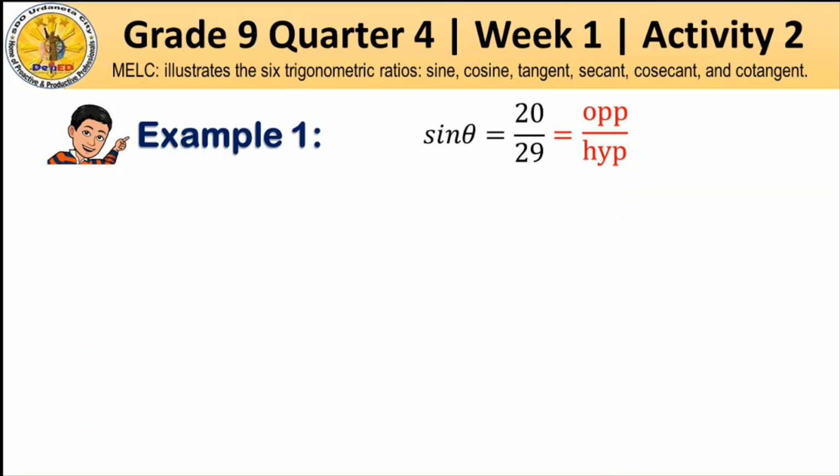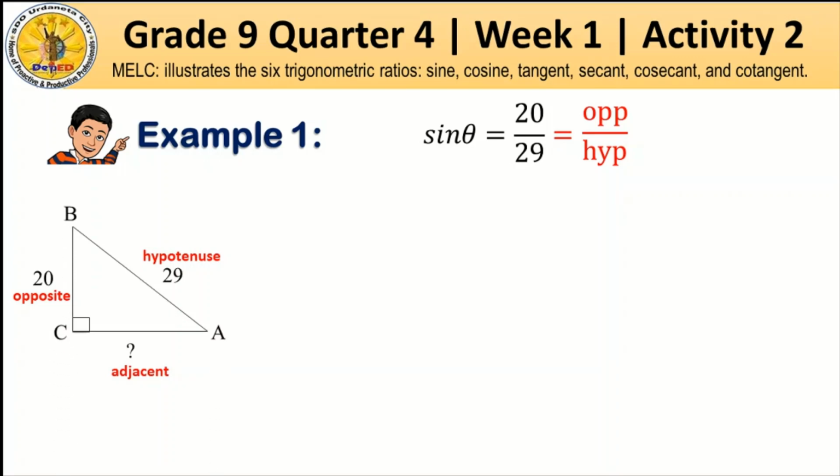To do this, let's draw a right triangle with reference angle at angle theta. Let's label it using the given values. The opposite side, that is 20, and the hypotenuse, that is 29. The adjacent side is unknown. Let's name the triangle as ABC with right angle at C. The hypotenuse is represented by small c, the opposite side is represented by small a, and the adjacent side is